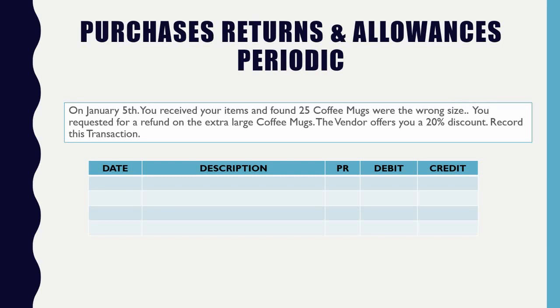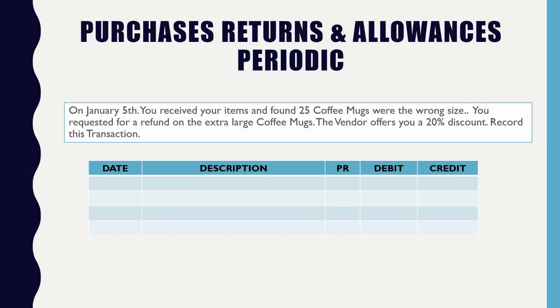Exactly. And that's where the term allowances comes from. You're attempting to return a product. The vendor says no. But they decided to strike a deal with you, because obviously if they say no, the possibility is I'm no longer going to contract with this vendor anymore. So they're saying, you know what, I'll give you an additional 20% off because I'm sorry I sent you the wrong cups. But you could still use those cups in your store. So they're trying to strike a deal with you, saying I apologize, and instead of shipping these items back to me, I'll give you a 20% discount.